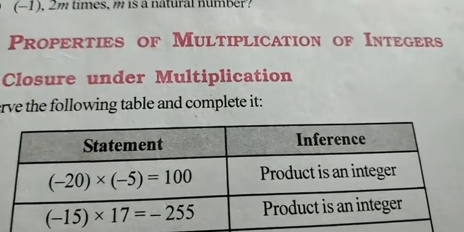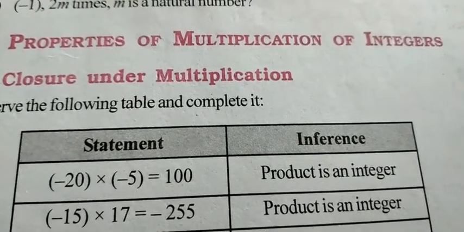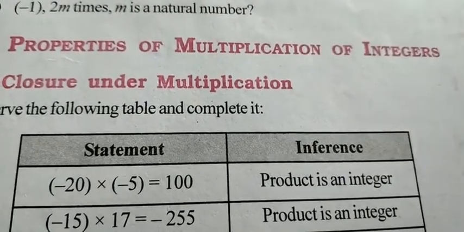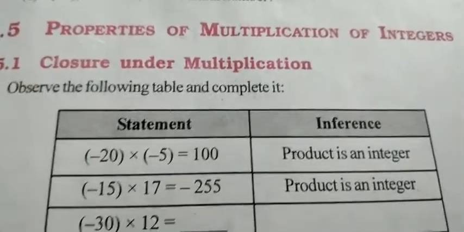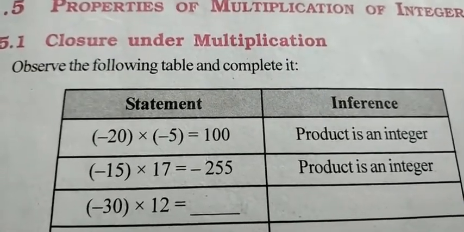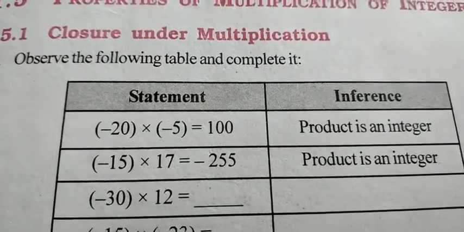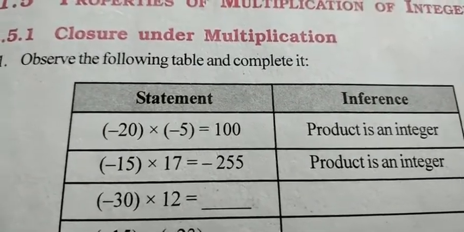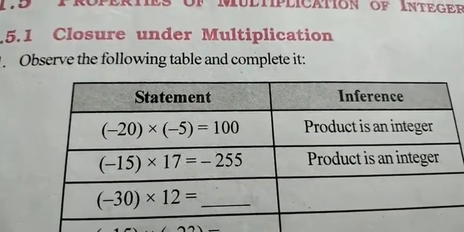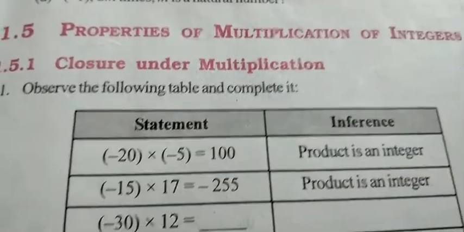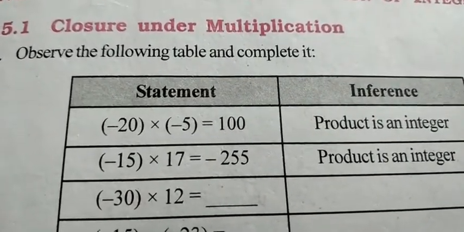Here we are today with the properties of multiplication of integers, and the properties which we are going to see before we move on to the exercise, which is totally based on these properties. The properties we are going to see of multiplication of integers are closure property, that's closure for multiplication,